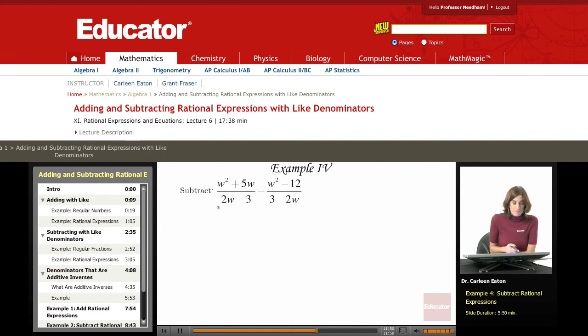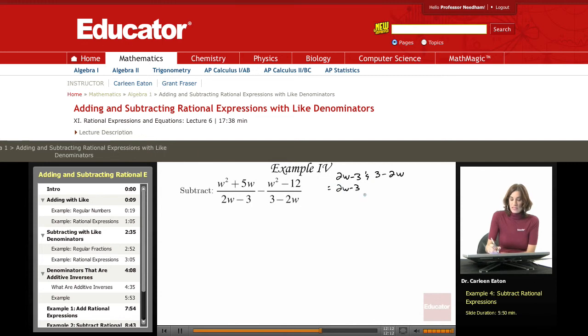In this example, when I'm adding rational expressions, or in this case subtracting, I do need to check for a common denominator. And I don't have a common denominator, but I have an additive inverse, a set of additive inverses. Let's look up here. 2w minus 3 and 3 minus 2w. Writing this slightly differently,